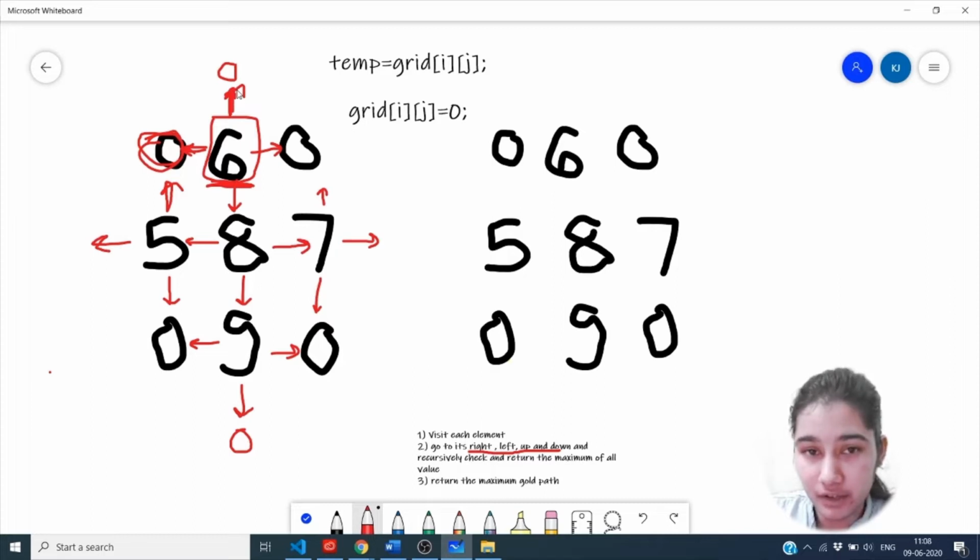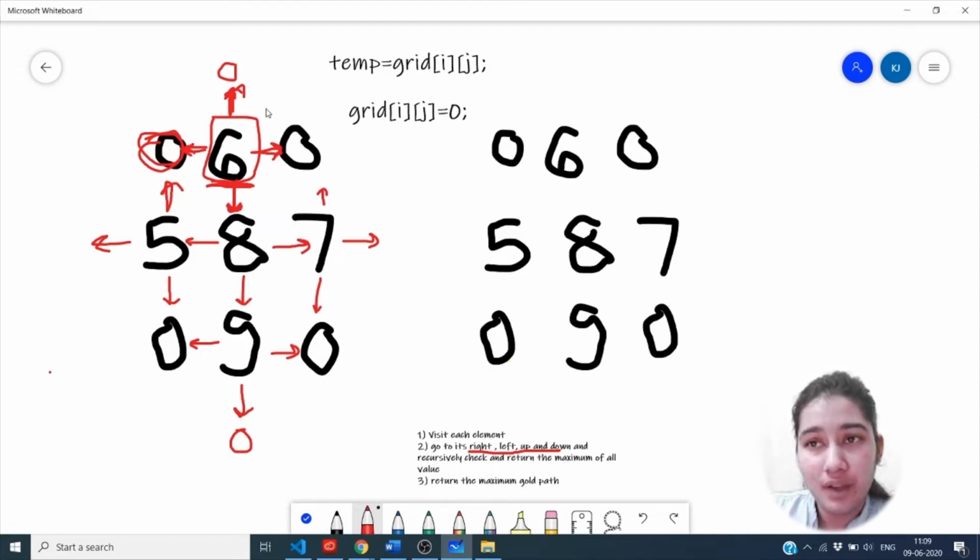Up, again returning 0. Right, again returning 0. And then down, as the value is not 0 in this case, we recursively call this and check further for its left, right, up and down.